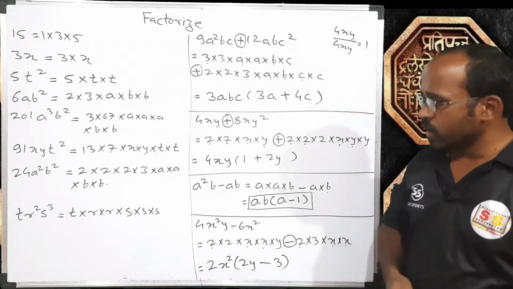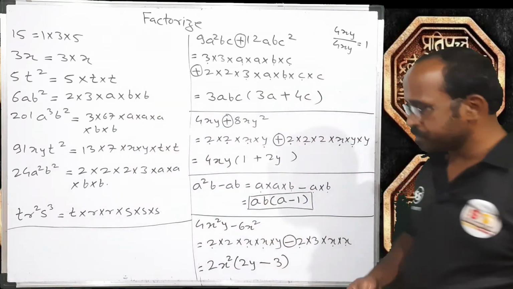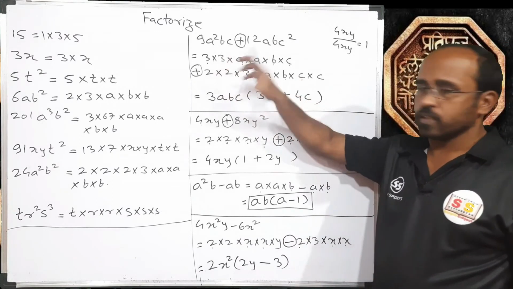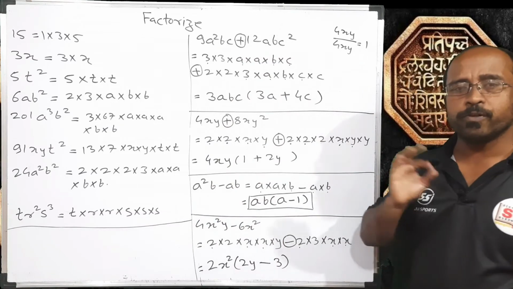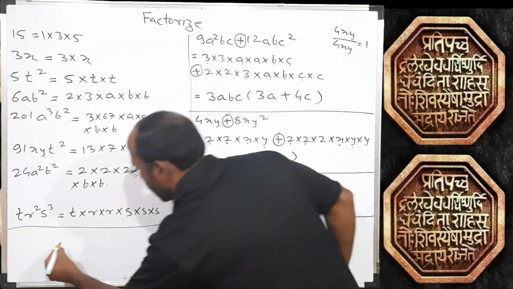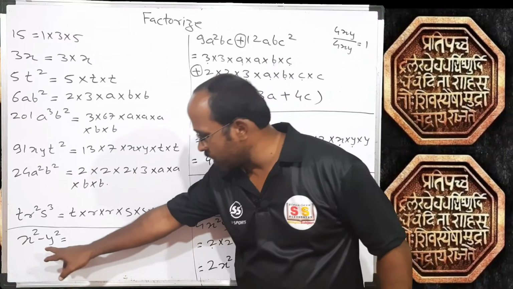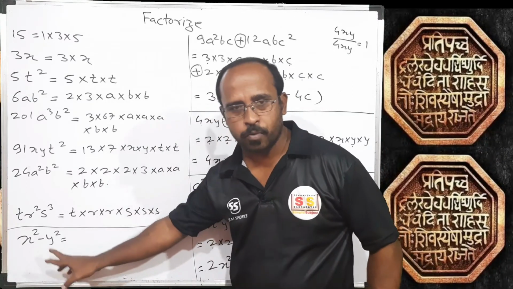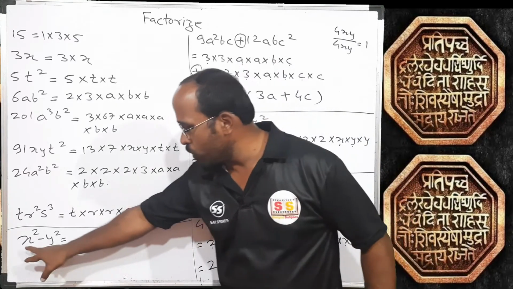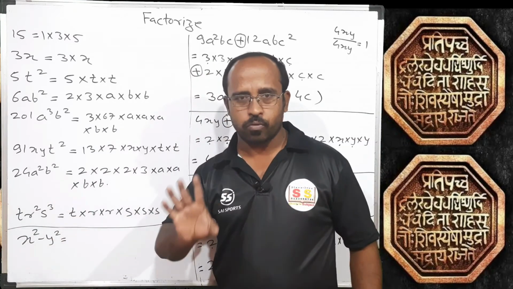Got it, students? Now students, in all of the examples which we learned so far of type binomials, there was something common between first and second term. But there may be a few examples where nothing is common and square is given. For example, the question is of x square minus y square. Students, factorization of this x square minus y square is possible in only one condition. If the example contains such that both are square of something. X square is square of x, y square is square of y.